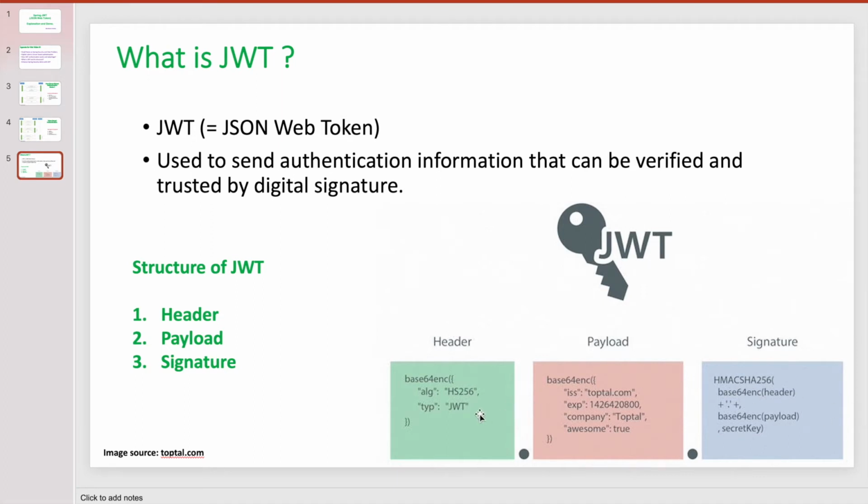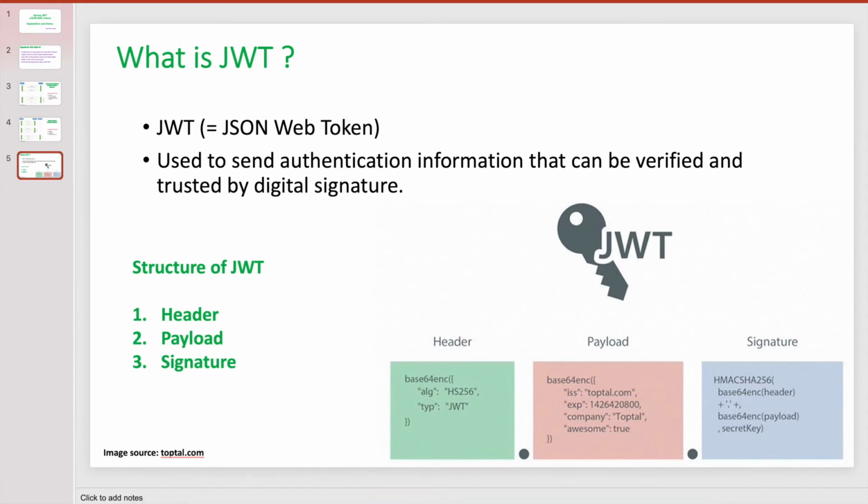The header contains how you have encrypted your credential, which will be explained in the demo. The payload means what information you have given. So don't keep anything private in the payload, because it can be decoded and made visible, but all the public things you can keep here. And the signature is the digital signature of the token, right?